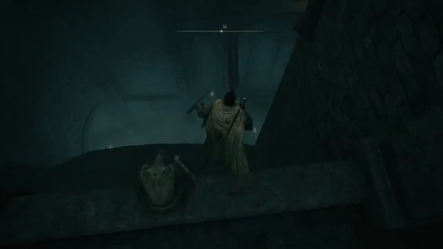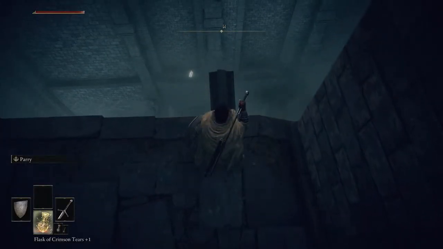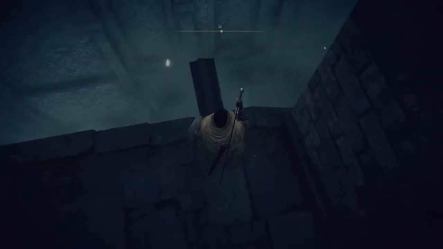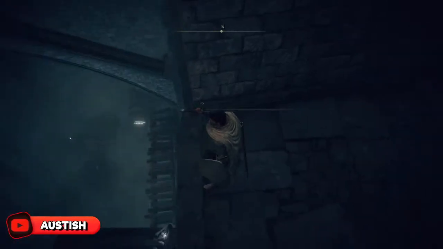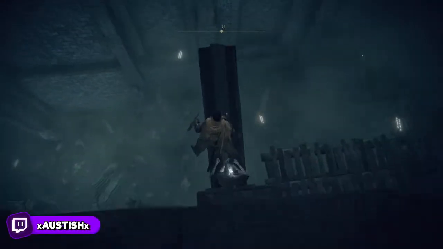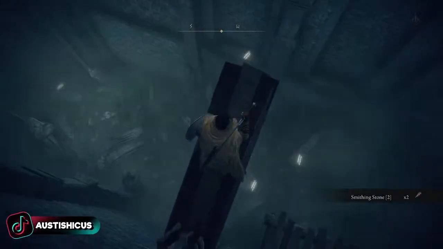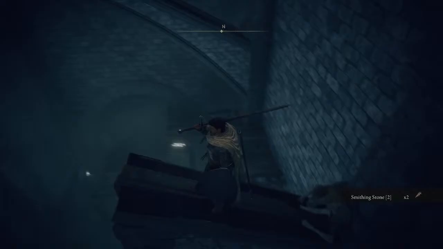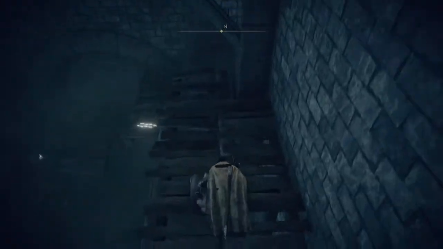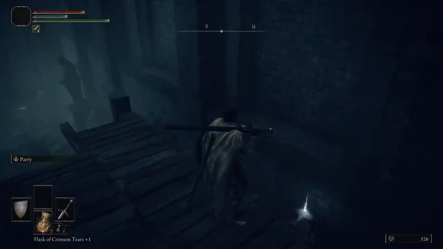Let's try going this way. I've never done this before. Or at least I think I've gotten here a different way. Oh, I used a Wondrous Flask. I did not want to use that. Oh, I can't jump that. Thought I could jump that. Alright. Well, let's see what we got. Smithing stone. Oh no, maybe I have been here. I think I have. There's another little hidden boss here. Well, maybe not really a boss, but...